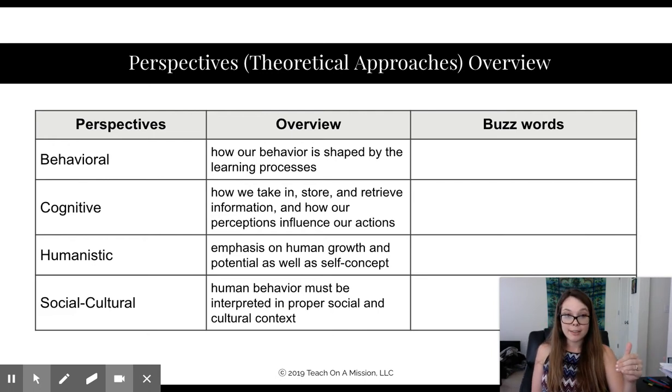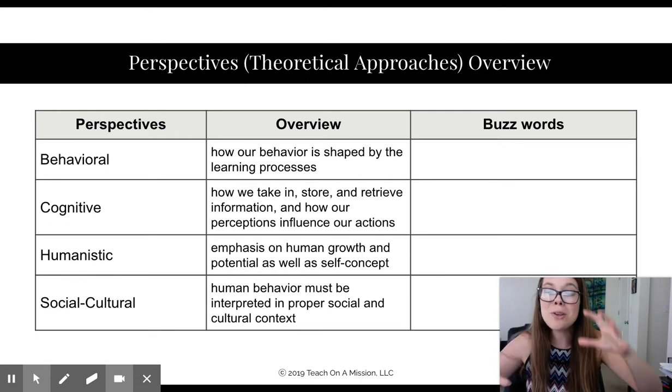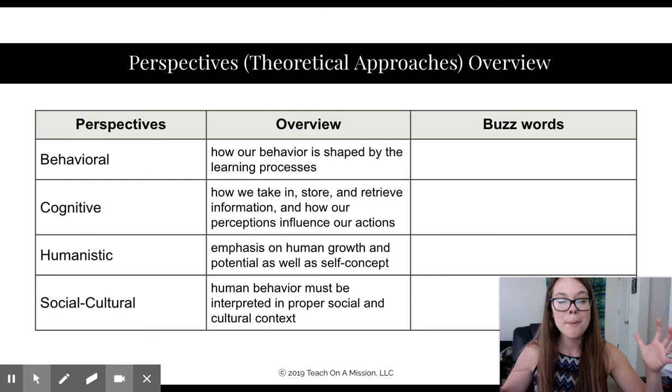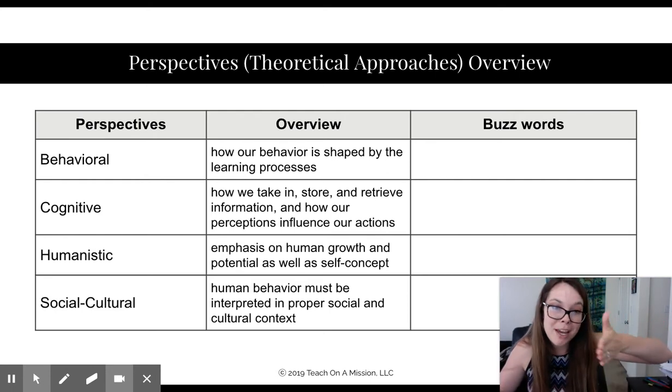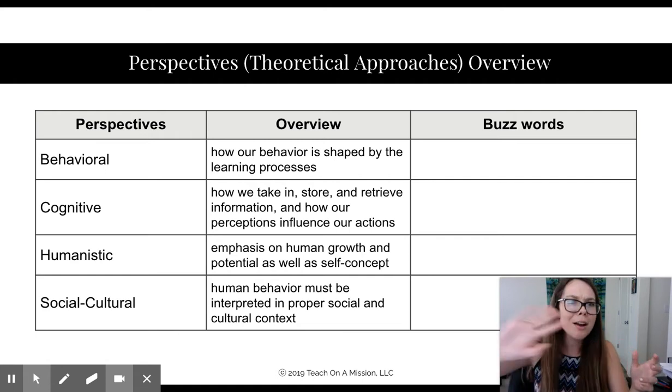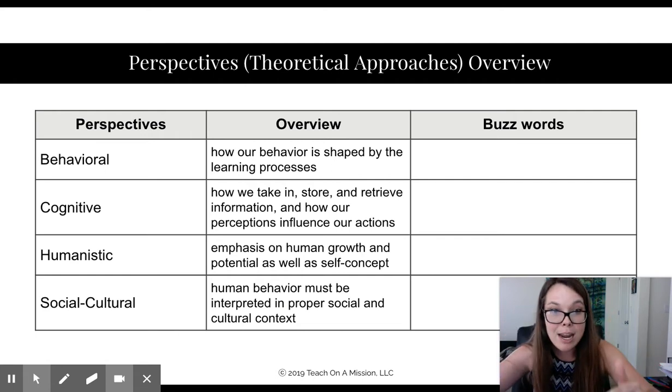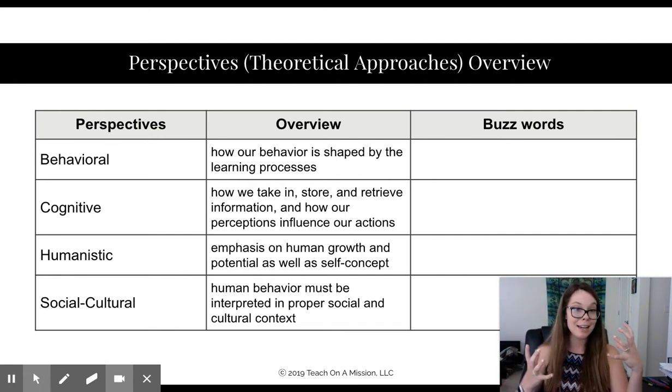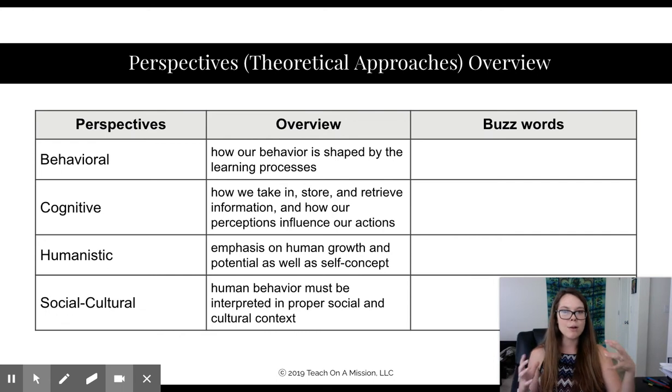Now we're going to get to the two newer ones that have been created in the last couple of decades. So we have humanistic. I'm a huge humanistic person. When you're thinking about all these lenses, psychologists usually tend to pick one or pick a few. There are a lot of cognitive psychologists who look at how the brain works, and that's how they observe through their lenses.